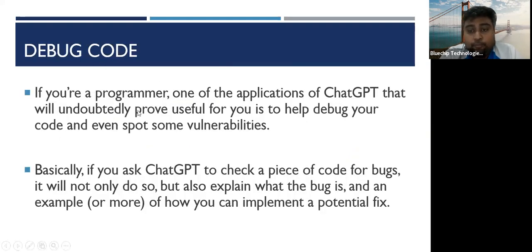Then this one is for programmers. IT programmers have this problem of getting errors, right? When you are writing the code, you will get